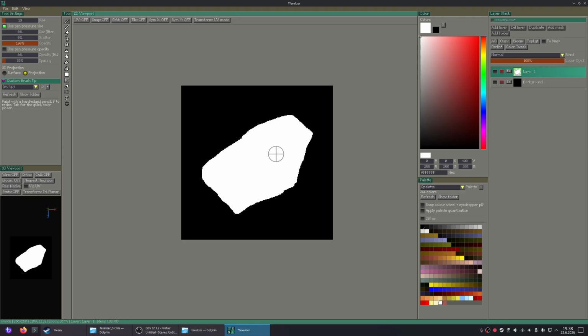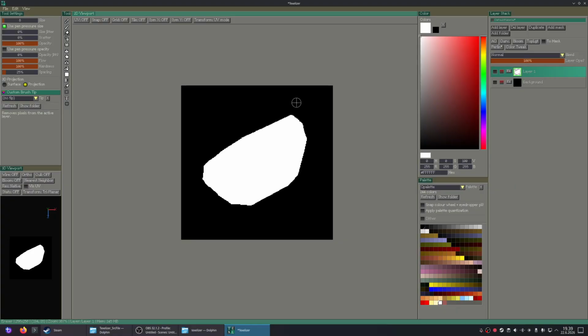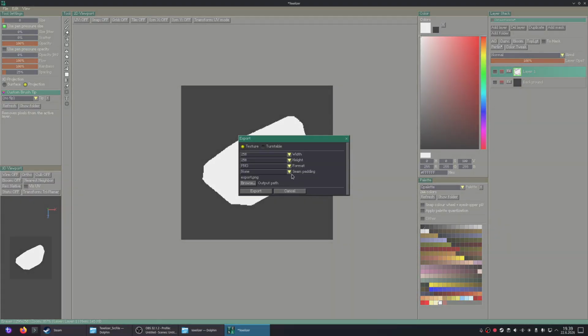Transform it a bit. Let's erase it a bit so that it's a bit smoother on the edges, although I don't think it will matter too much. And maybe a bit sharper there, and a bit sharper there as well. Okay. And then, yeah, so that's like a silhouette of a stone that is like on the ground, like a pretty big stone. So yeah, now I'm happy with that shape. I'll export it.